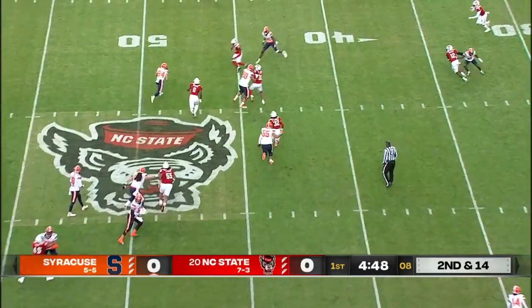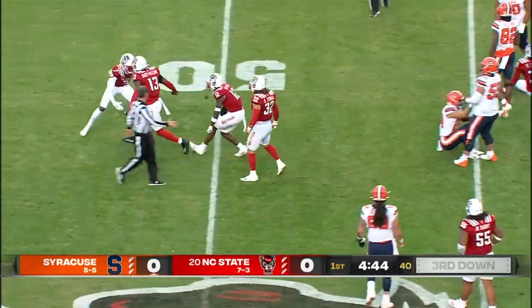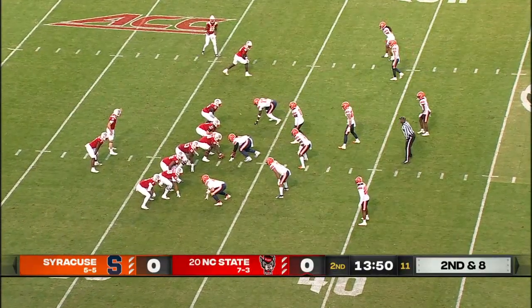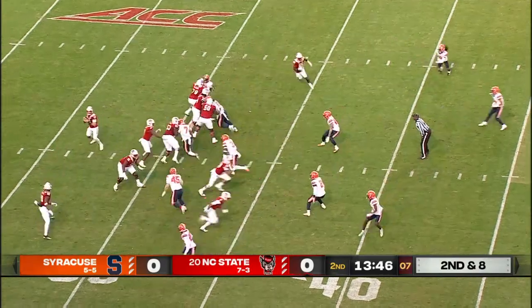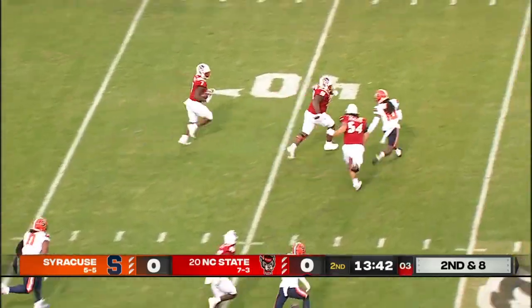Now Cooper Lutz is the tailback. He'll take a swing pass and gets hit almost immediately. Tyler Baker-Williams met him in the backfield. Leary, the pump fake. Now the screen, and Knight's got blockers in front of him and a lot of room